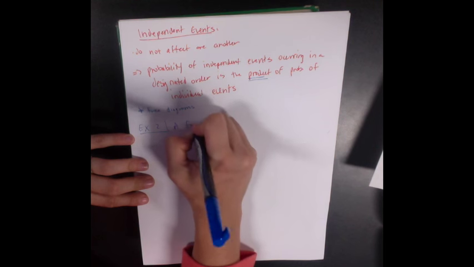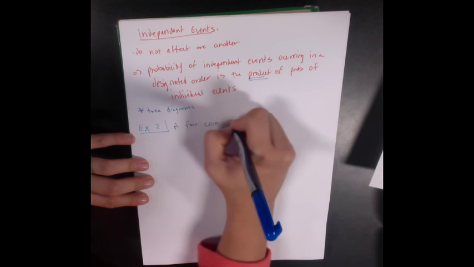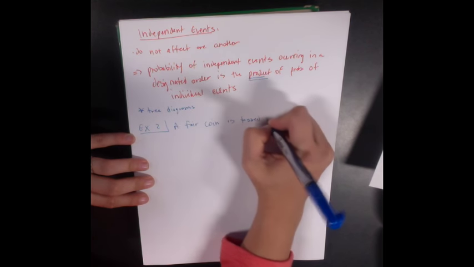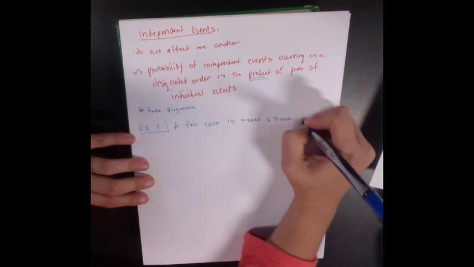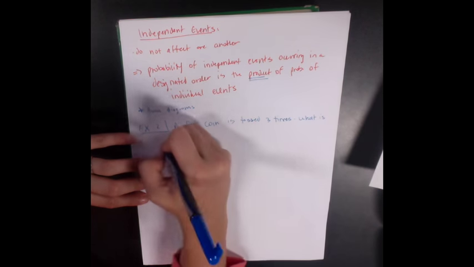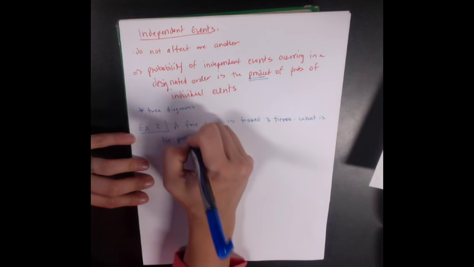A fair coin is tossed 3 times. What is the probability